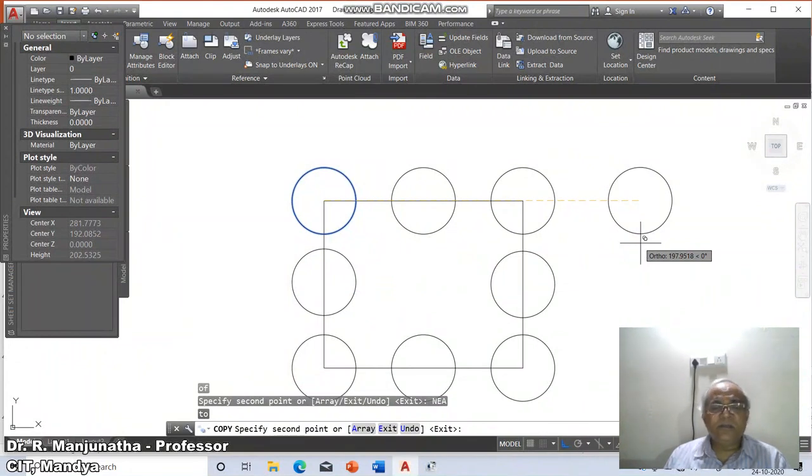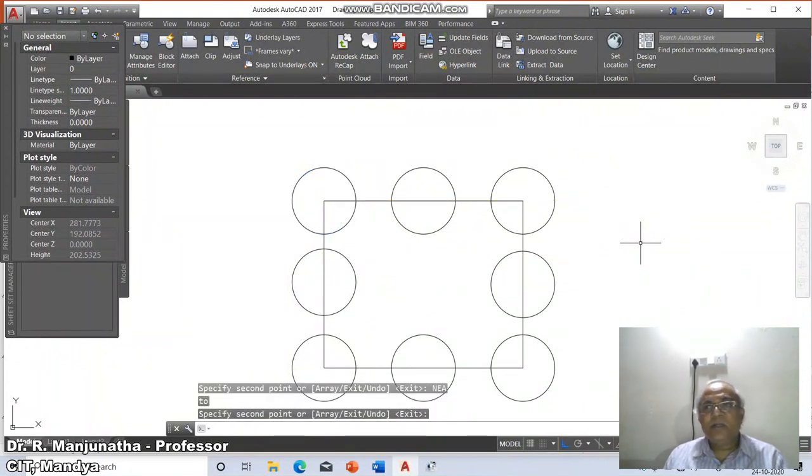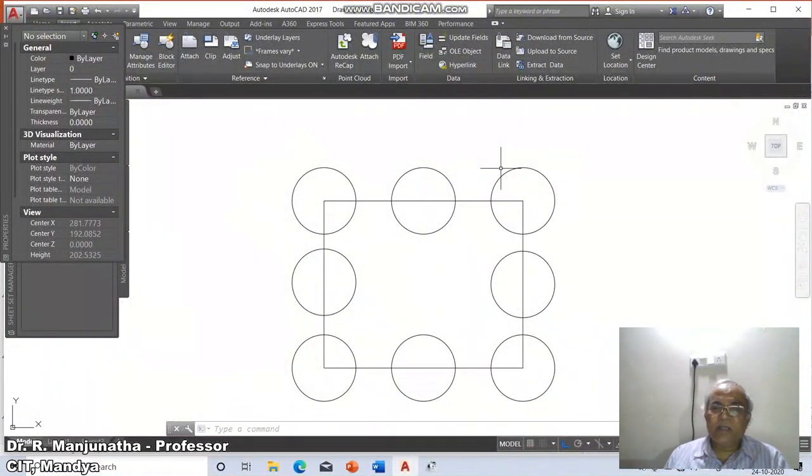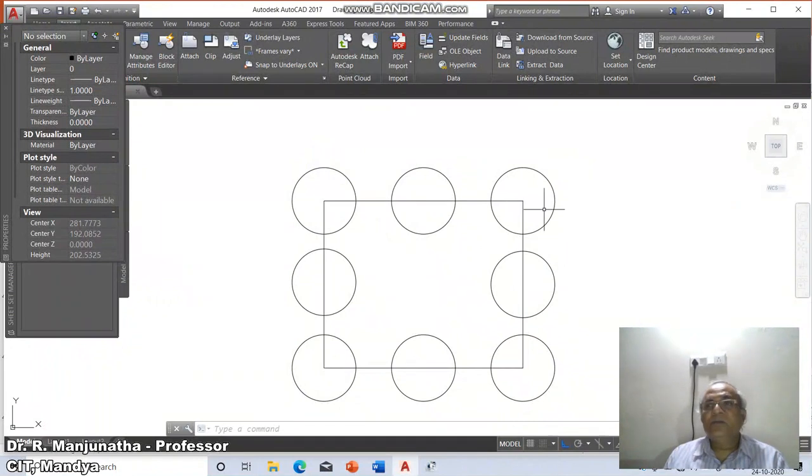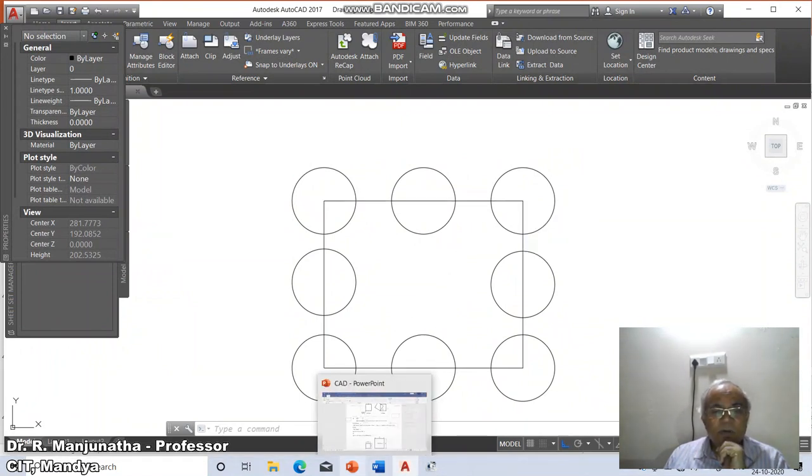So this is how you will be able to reproduce the circle at multiple locations by using the copy command, wherein the diameter of the circle is going to remain the same. So that means it is going to identify the source object from the position where you have selected it. Then we need to give the destination of the object, which is the second point of displacement. So this is how the copy command is going to work.